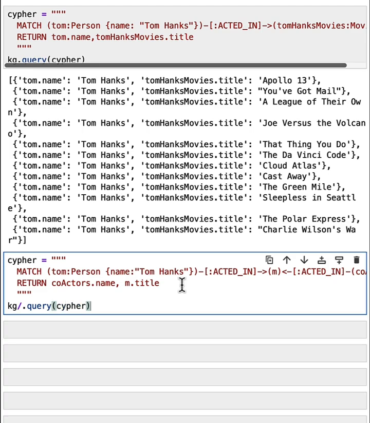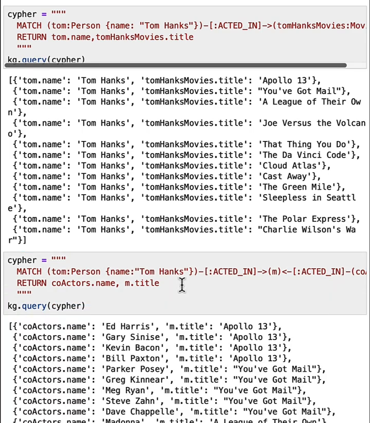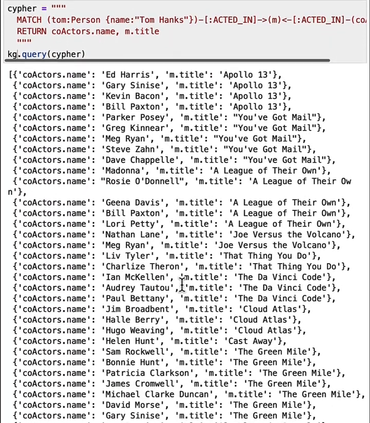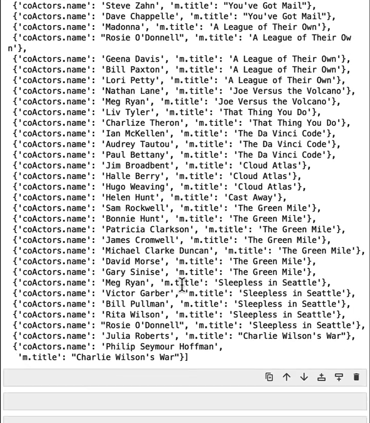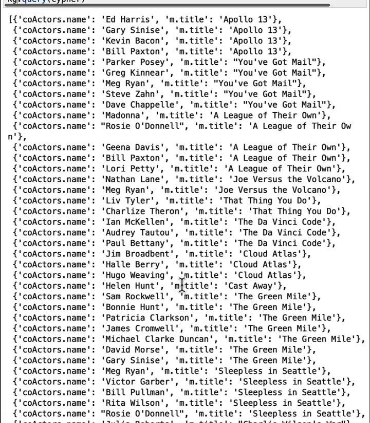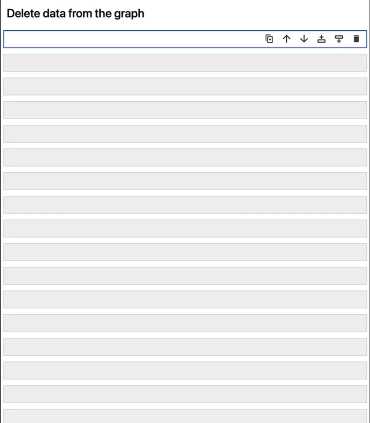Cool. So here's all the people that have acted with Tom Hanks in various movies. It's a long list of people. Maybe not quite Kevin Bacon long, but quite long. You may recall that earlier we noticed an actor named Emil Ephraim in the Matrix movie. Emil is not an actor in the Matrix. He's actually the founder of Neo4j. We can leave him in the knowledge graph because he is a person, but let's remove his claims to acting